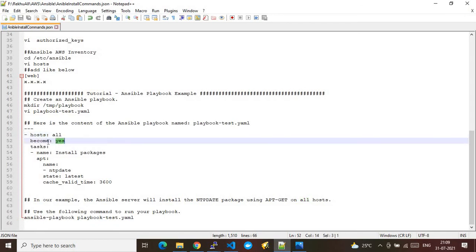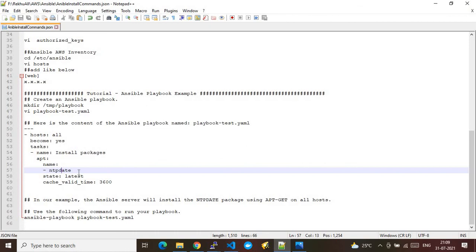After that, become equal to yes, and the task is installing a package. I'm just installing the ntupdate package onto my client node. Once you run this command, this playbook will run against that Ansible client node, and it will run the command called ntupdate, which will do some update.